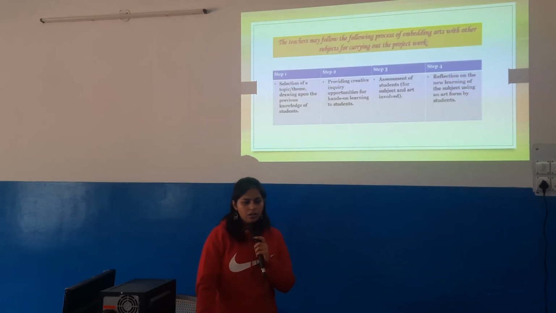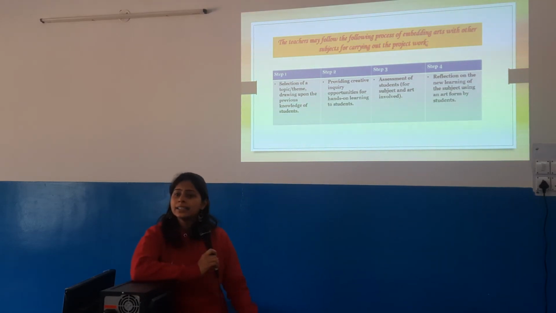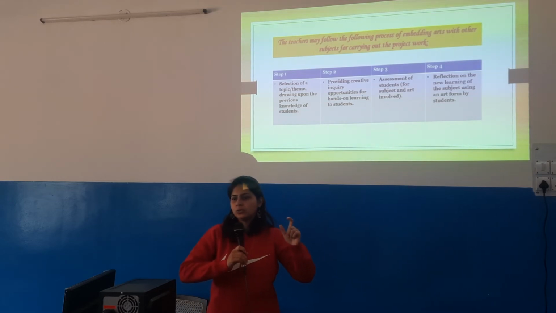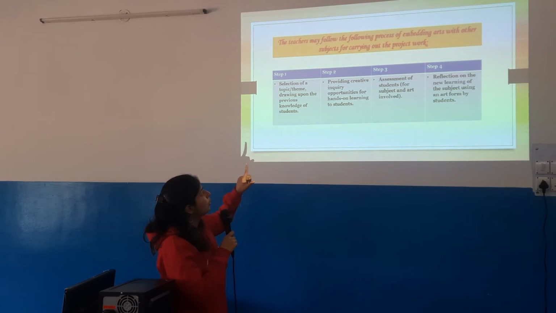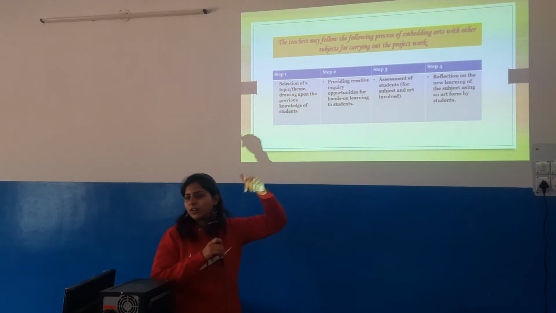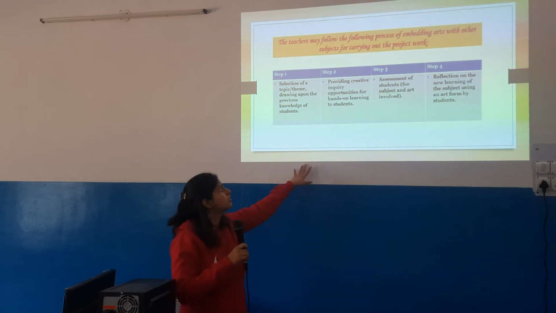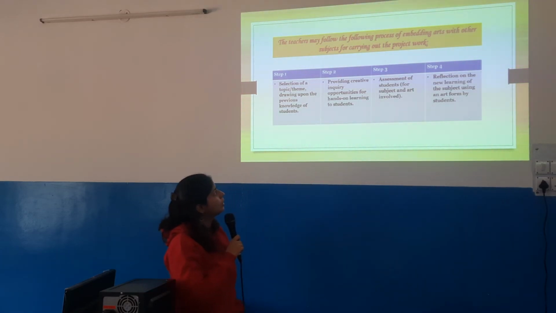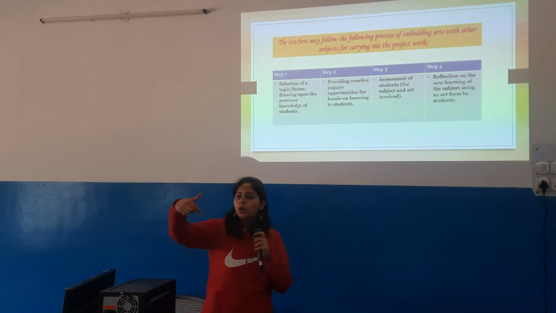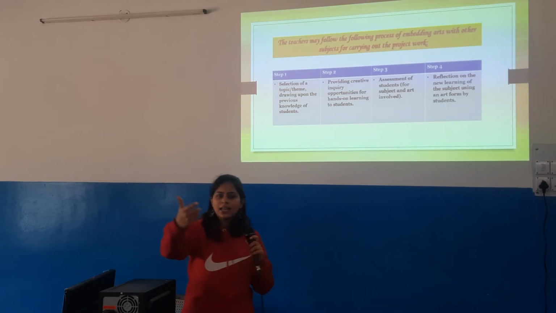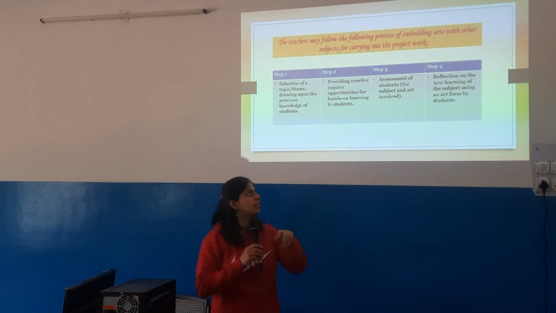As I have explained in the picture, the same thing is being written over here. How as an individual teacher we can start this work. The first step says selection of a topic or theme, drawing upon the previous knowledge of the students, which I have asked. First thing, draw a sweet home, or your dream house. So that was the first stage. Second stage, provide creative inquiry opportunities for hands-on learning to the students. Here, the role of different subject teachers comes in. They can ask them to present their ideas through different forms of arts related to their subject.